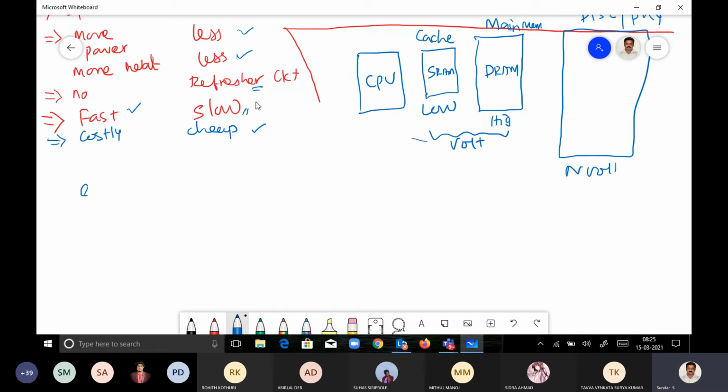Usually the cache memory is in the range of kilobytes. Just for example, let me take 1 kilobyte, and this will be in megabytes, something like 1 megabyte, but it is even much more than that. But for example, I'm talking. So usually the cache memory is available in the form of kilobytes, main memory in megabytes, and this in gigabytes. For example, something like this. So this is the fastest. This we can say is medium speed. This is slowest. This is the costly.